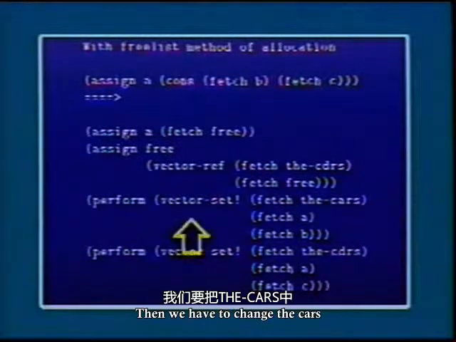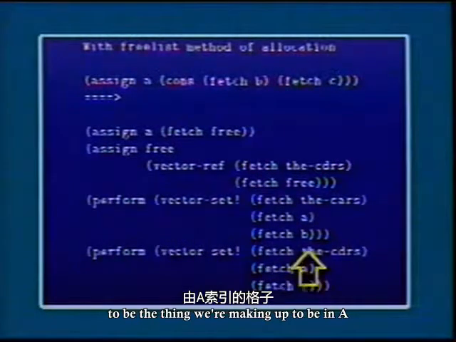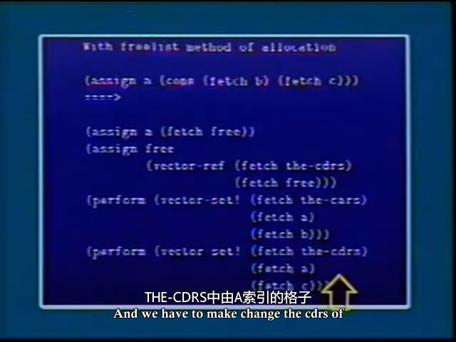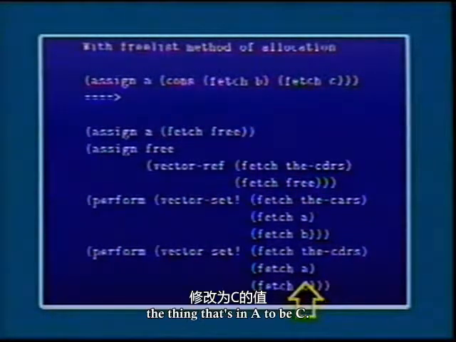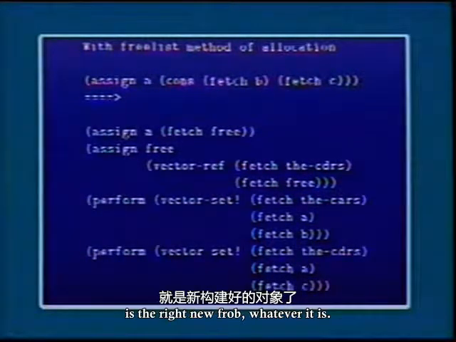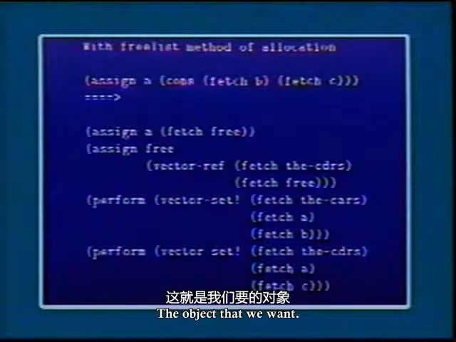Then we have to change the car of the thing we're making, in A, to be the thing in B, and we have to change the cdr of the thing that's in A to be C. And then what we have in A is the right new object that we want.